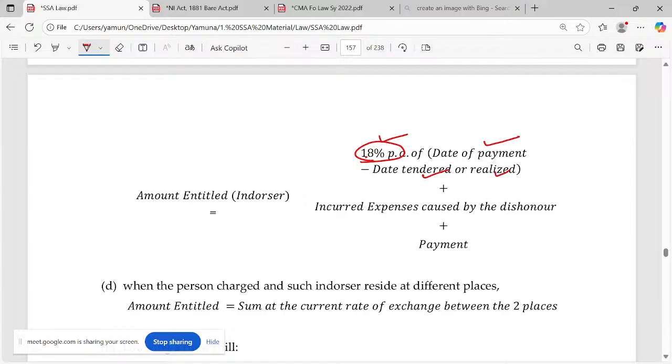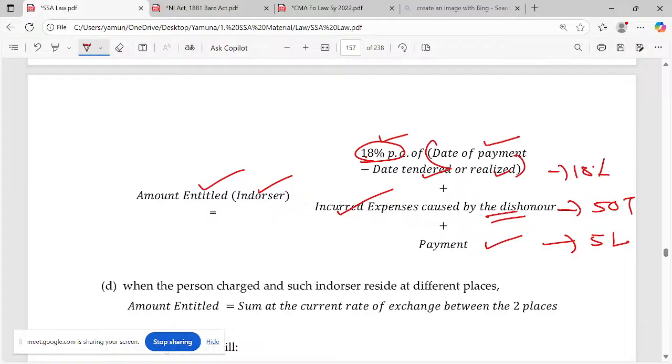இன்னைக்கு pay பண்ண வேண்டியது 1 week கழிச்சு pay பண்ணீங்கன்னா 1 week உண்டான cost யார் bear பண்ணணும்? So that's about 18%. Okay. யாருக்கு amount entitled for the endorser. இது இல்லாம dishonor ஆனதுக்கு என்னென்ன expenses incur ஆச்சு and the payment எவ்வளவு pay பண்ணணும். So நான் payment வந்து 5 லட்சம் ரூபாய் pay பண்ண வேண்டியதா இருக்கு. இந்த dishonor ஆகிறதுக்காக நான் எக்ஸ்பெண்ட் பண்ண எக்ஸ்பென்சஸ் எல்லாம் பாத்தீங்கன்னா ஒரு 50,000 ரூபாய் ஆச்சு. ஓகே, அது இல்லாம 18% within this date. அந்த 1 week delay ஆச்சு இல்லையா, அந்த 1 week delay ஆகிறது 18%.